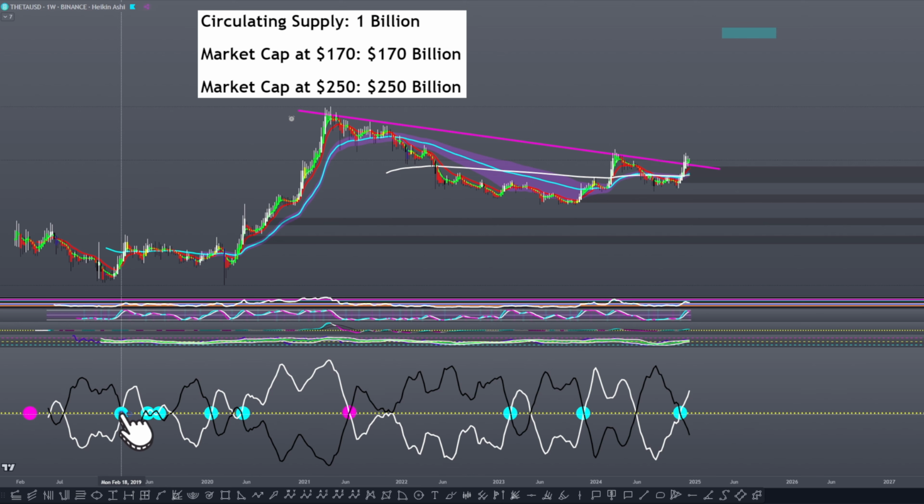Then we have 4, or not 4 and 5, but 5 and 7 are going to be right here in this cluster from around May to July of 2019. Again, you're still buying in the accumulation period, so same sentiment here. Would have then caught a fantastic impulse had you stayed in it long enough. We have 8, we have 9 here, January of 2020, leading into the March crash.